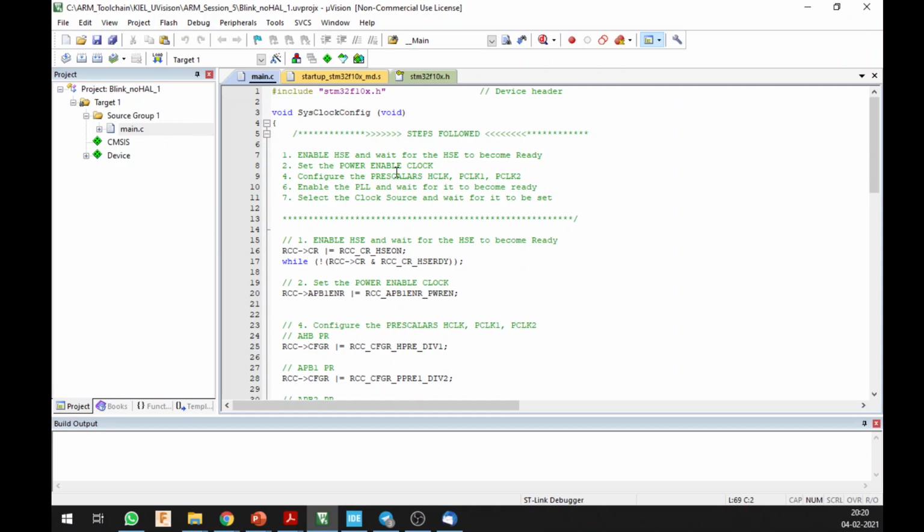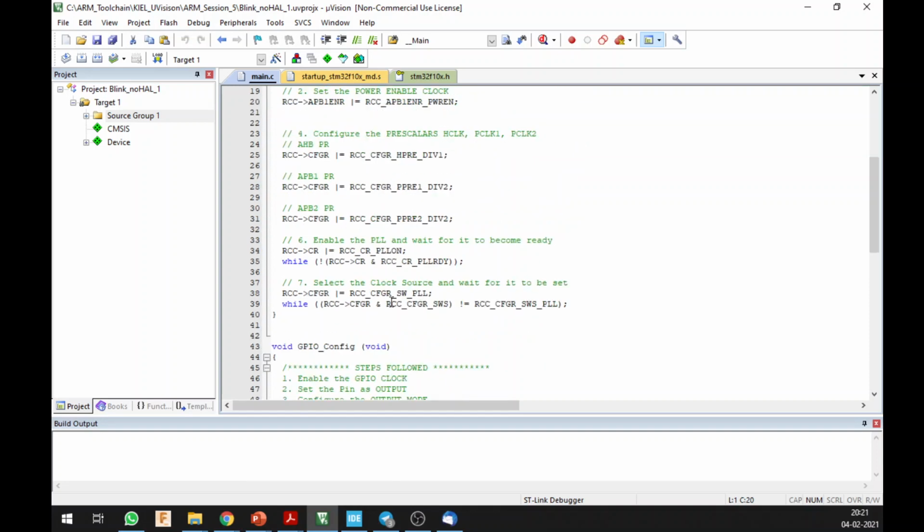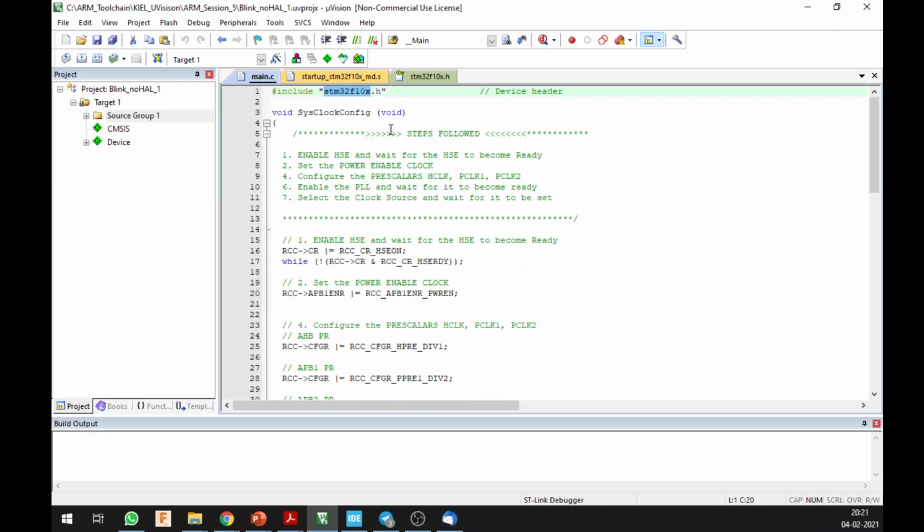All right. So I made this program as a generic program. Whatever steps I showed you for making a program, you are going to do that. Next, you are going to include the STM32F10x.h. This is basically your device header. The device header is going to import the header files or the registers which are there for your particular device. I am using F103, but it turns out all the devices that have the prefix F10 are going to have the same header file.